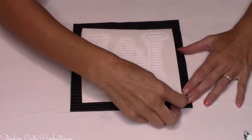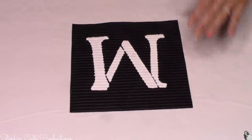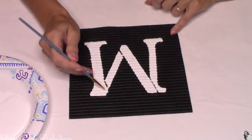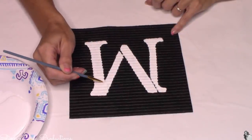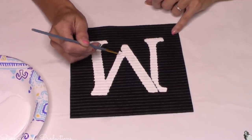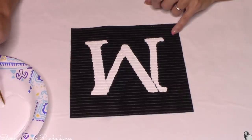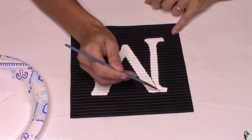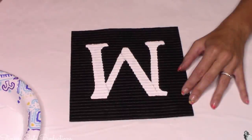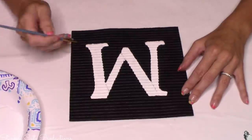I've got my 3 coats of paint on. They are good and dry, so I'm gonna lightly pull up on my stencil and it's gonna remove easily. Now there are some spaces in the letter that I'm not a fan of, so I'm gonna take my paint and I'm just gonna fill those in, making it a solid letter. I do need to put a couple of coats on those areas, but while those coats are drying,